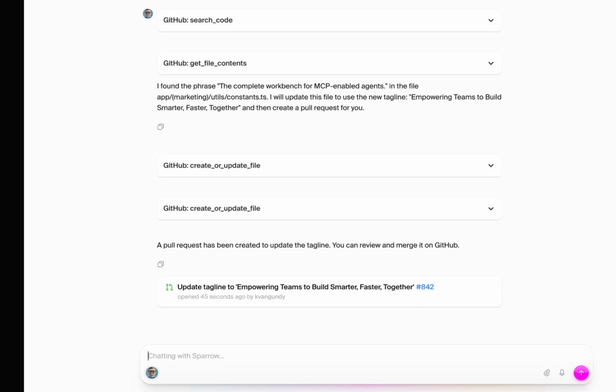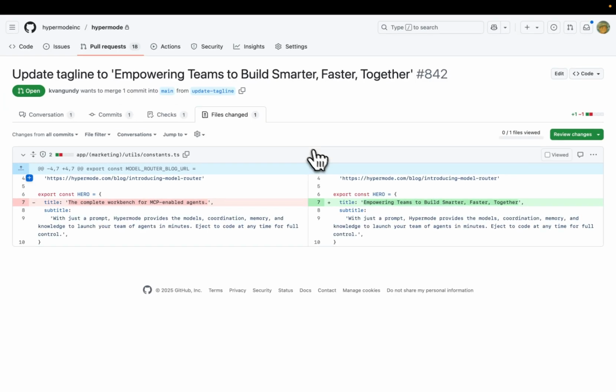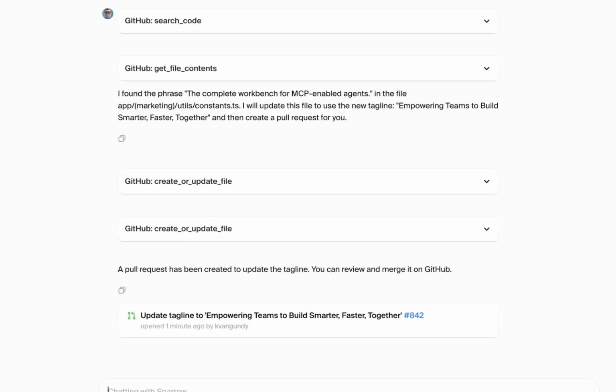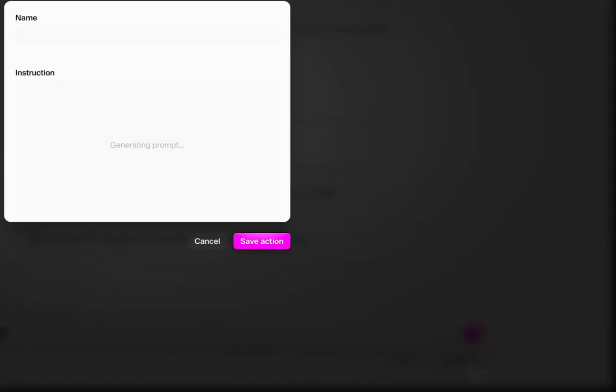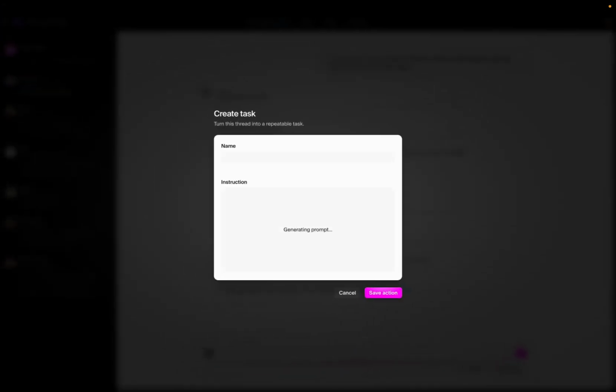What we've done here is we've taught Sparrow how to update our company tagline. And so we can go in here and check. And sure enough, Sparrow has updated our company tagline with the correct text. And so let's say this is something that we want to do with every release that we do. And so what I could end up doing is coming down here and clicking create task. And so basically what Hypermode's going to do is extract all of the coaching and cajoling that I've put into Sparrow to teach them how to update the correct piece of code within our repo with a new headline,